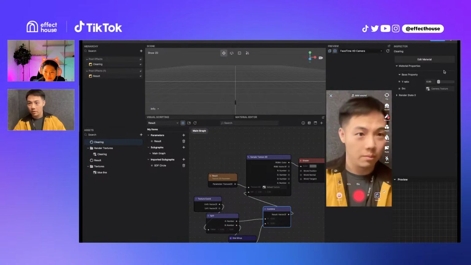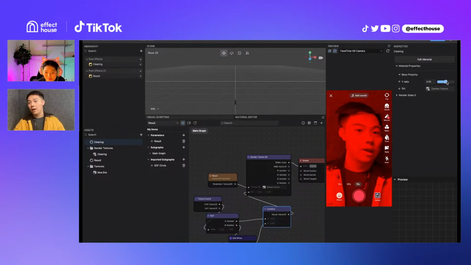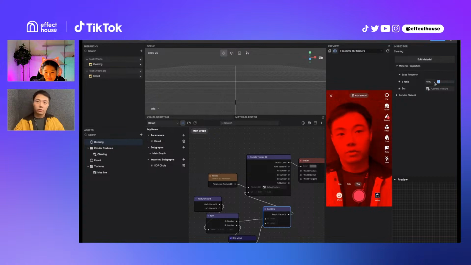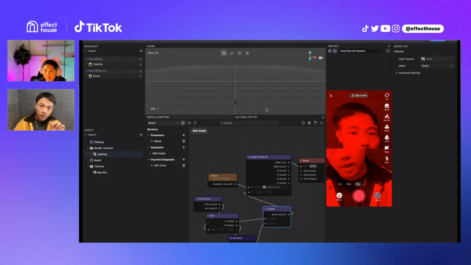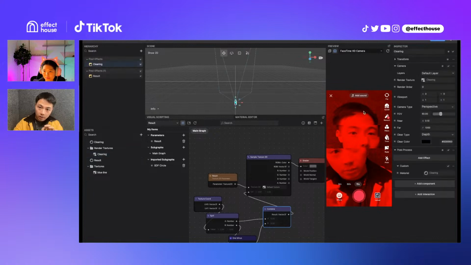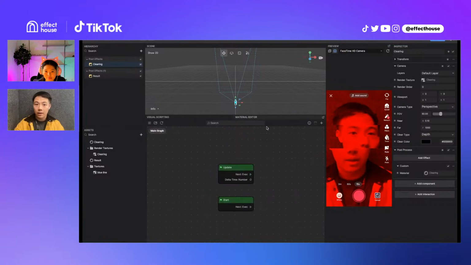Okay, now I'm gonna just show my camera. So now when you change the value, once it's cleared, the cleared part is left there, because the camera is not clearing it. And this clearing RT doesn't have an input texture. So basically the clearing mode is 100% controlled by the clear type. So now everything is left there. Now we just need to animate this